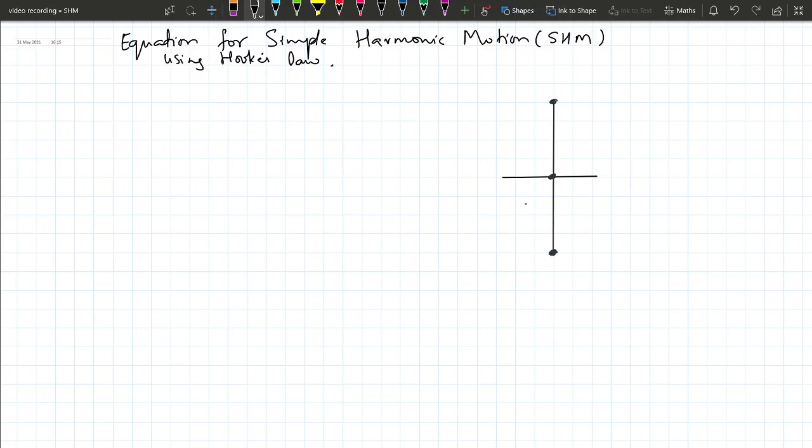Okay, so this is a mass that is present and this is the equilibrium position. So when the mass starts oscillating, it will start from this position, reach this point A, and from A come back to equilibrium. From equilibrium it will go to the point B. From B it is going back to the origin, the equilibrium position. So this is one oscillation.